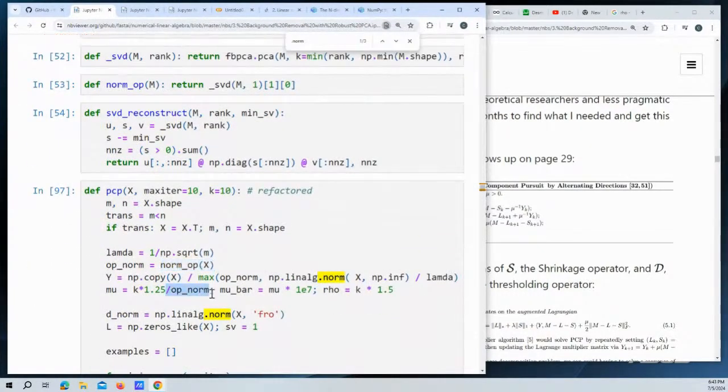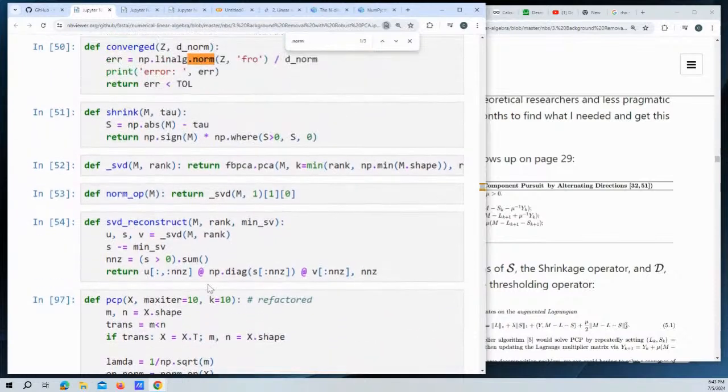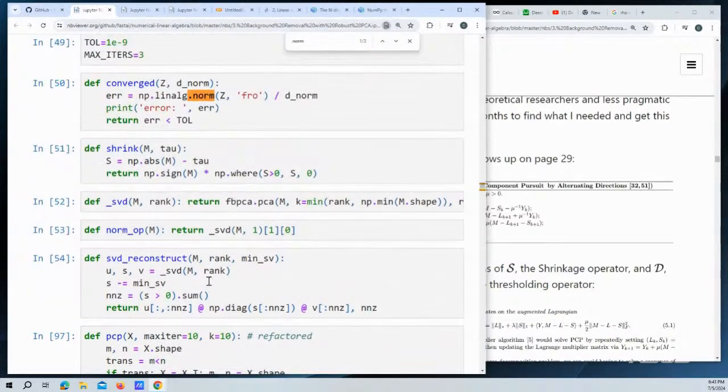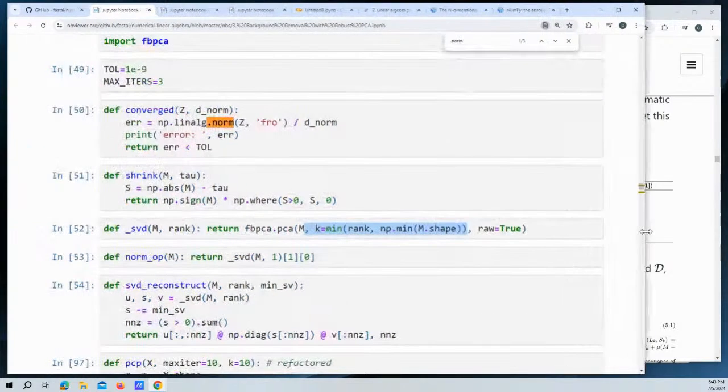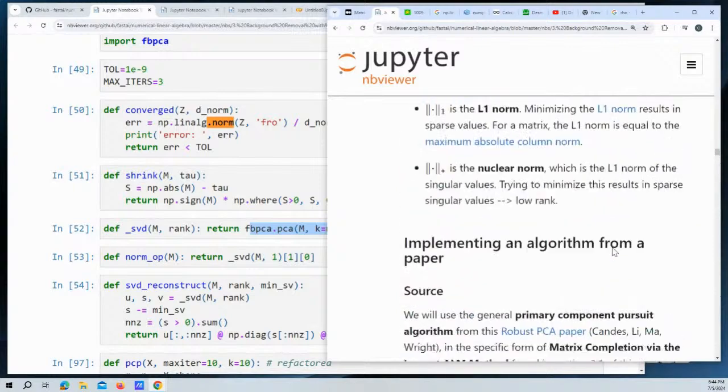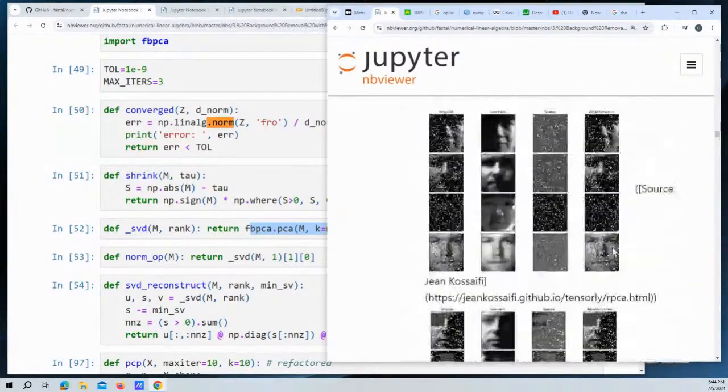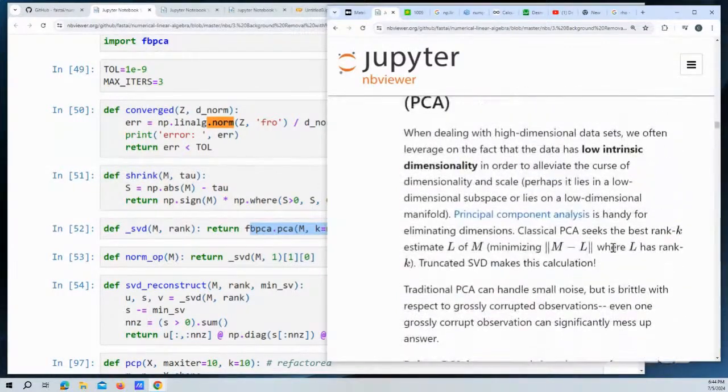Okay, so this is the x. We take in the m, return underscore SVD m1. Okay, so that's what they run into the Facebook PCA to get the single vector decomposition. So I'm guessing, let's scroll up, they should have the single vector decomposition